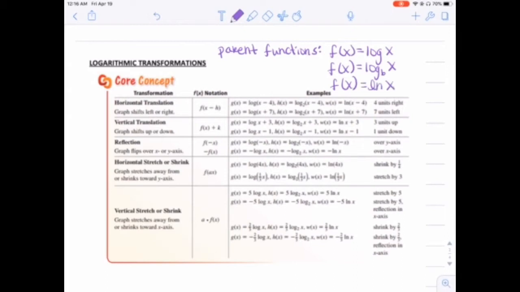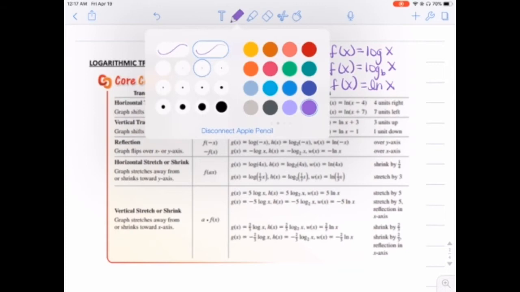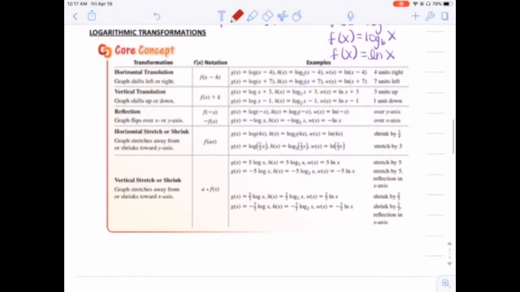So we're going to start with one of those functions. And you can see that there are examples given for every one of these formats. Again, these work exactly the same as everything we've transformed in the past. Vertical is outside and horizontal is inside. So let's go ahead and get to some examples of describing these transformations,